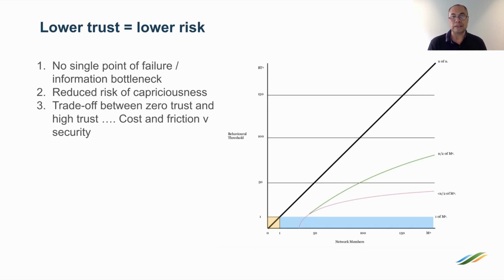We typically need to make some trade-offs between zero trust, which technically speaking means that we don't have any particular single actor needing to be relied upon, through to a very high trust environment, which is where we need to rely upon very, very small numbers of actors. And you can see here in this chart, that black line basically goes from an environment where through that line, we essentially have unanimity all the way through, from 1 of 1 through to n of n. And unanimity is an expensive thing.